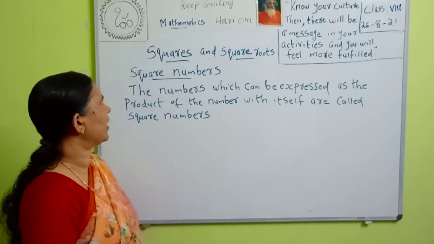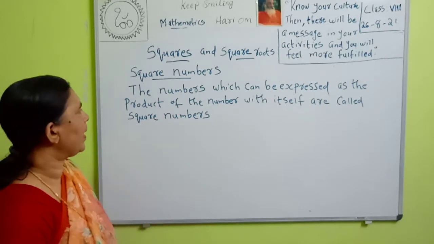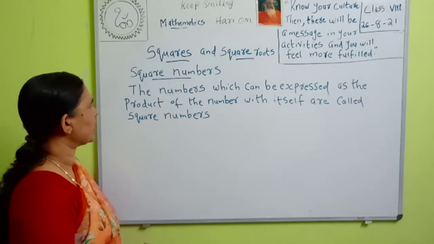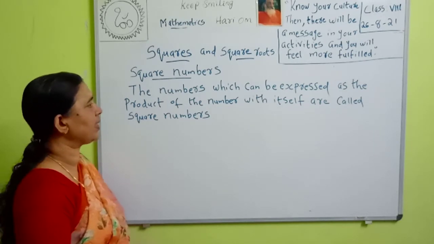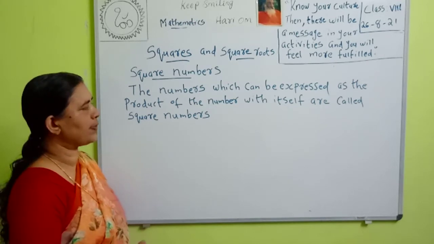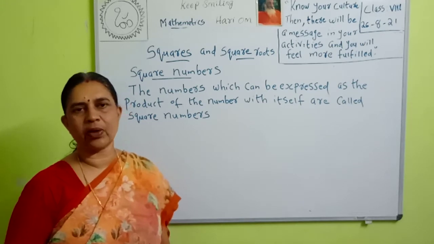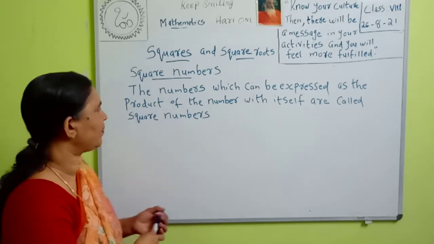First we can study square numbers. What is a square number? The numbers which can be expressed as the product of the number with itself are called square numbers. If a number can be expressed as a product of the number with itself, then that number is called a square number. For example,